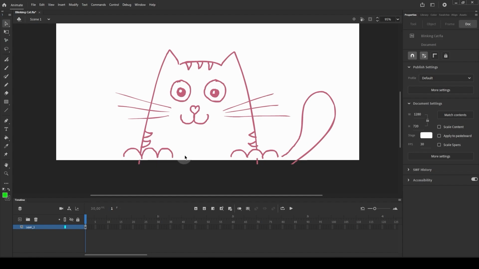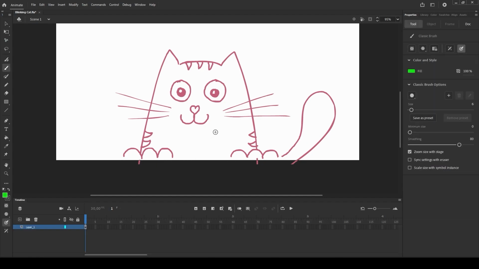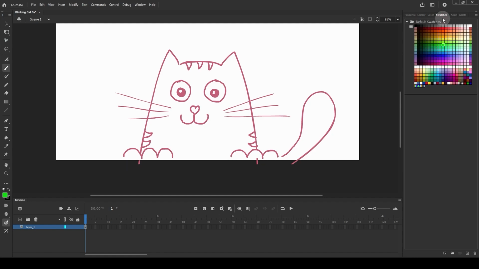So what I need to do is I will select my brush tool, but then I realize I've got the wrong color, and I'm gonna hit Control or Command Z. I'm gonna go back to the swatches, and whoa, there are way too many colors over here. Which color did I use? Well, the easiest thing that you can do is use the eyedropper tool, which is right over here, or shortcut I on the keyboard, which will allow you to pick a color from your canvas. So I'm just gonna click over here on the line, and I'm gonna pick that specific color so I can reuse it. And I'm gonna use B on the keyboard to select my brush again,